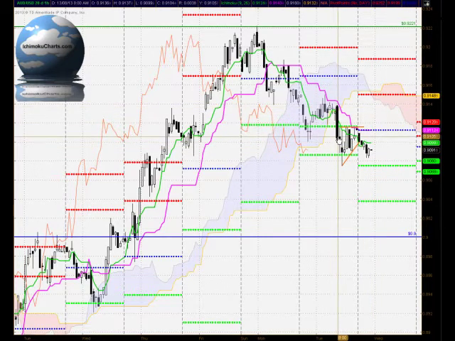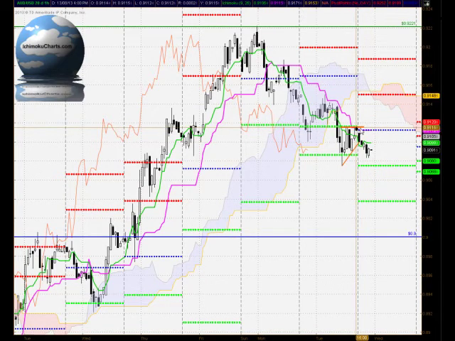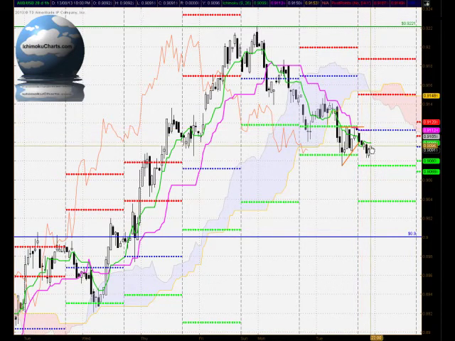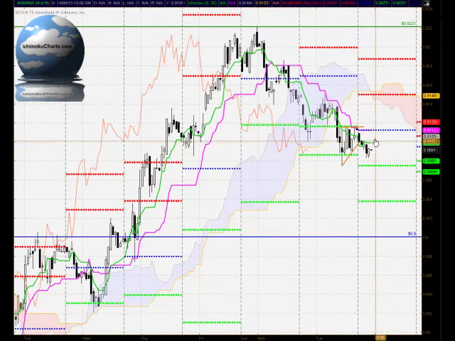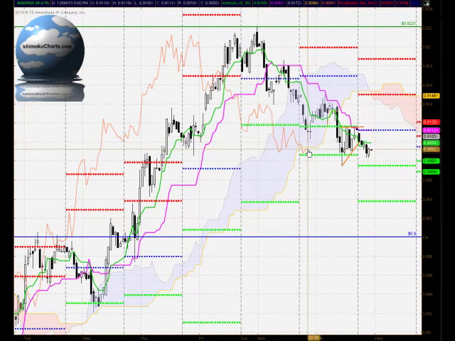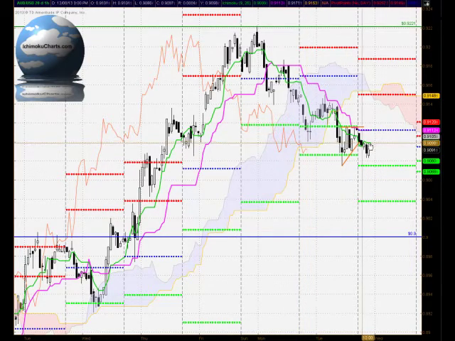Back to the Ichimoku, bearish market in that long-term time frame, bearish in the medium-term time frame by trading below the Kijun-sen, and bearish in the short-term time frame by trading below the Tenkan-sen, the green line here. The Chikou span is just below the price action, that's the orange line here, and that's suggesting that the market has some downside momentum, not a great amount, but that is confirming what we're seeing